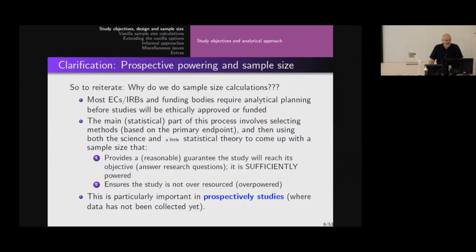As I've said before, this is particularly important in prospective studies, in other words, where the data hasn't been collected yet, and that's very much around ethics. I guess resourcing comes into it as well, but ethics is very, very important in a prospective study. The only real risk for retrospective cohort studies is patient identification. We're not going to hurt them. We're not sticking needles into people just for the point of doing research.